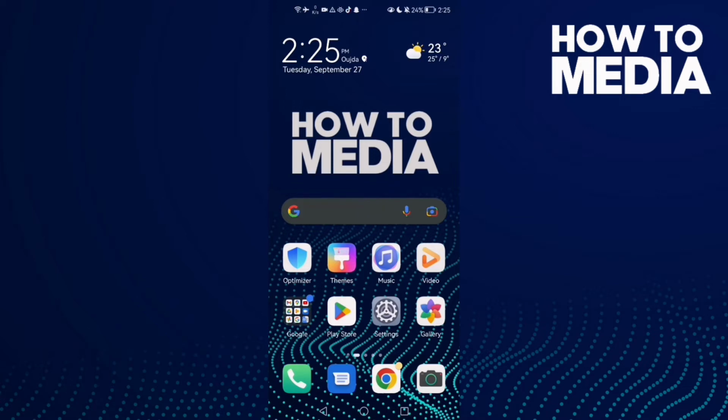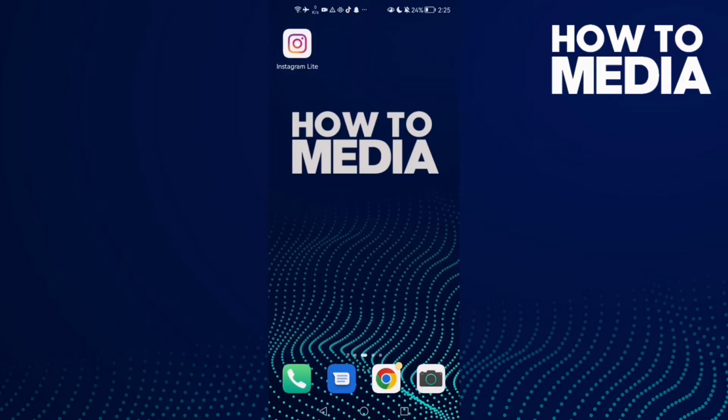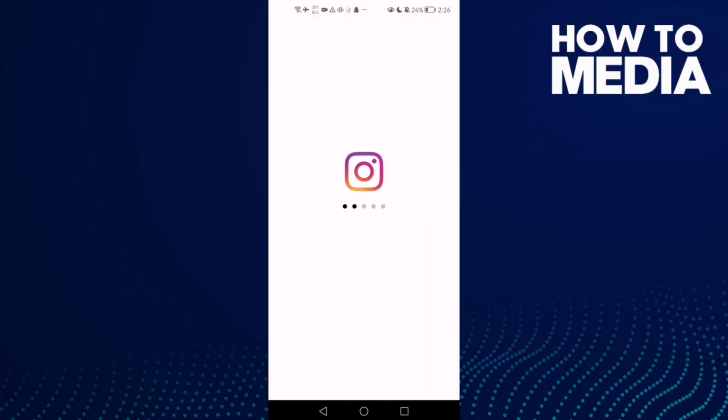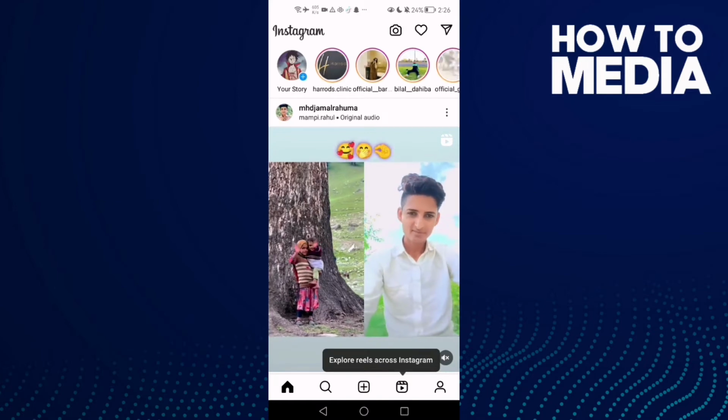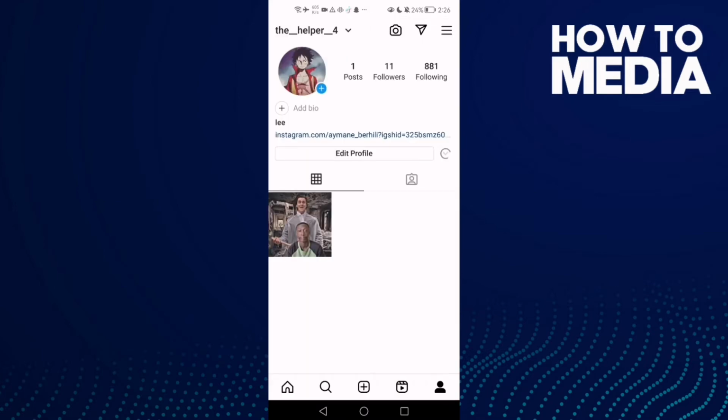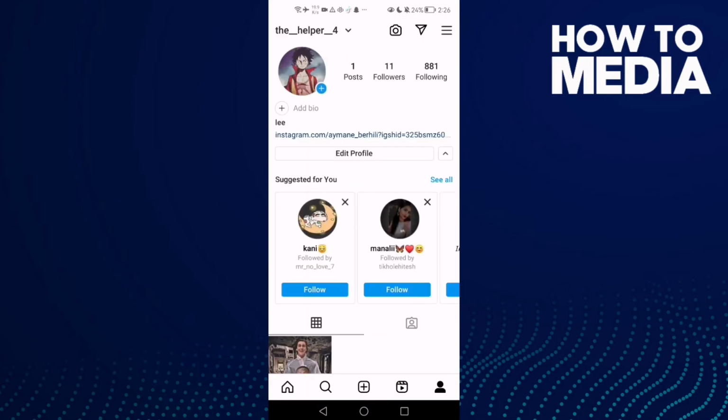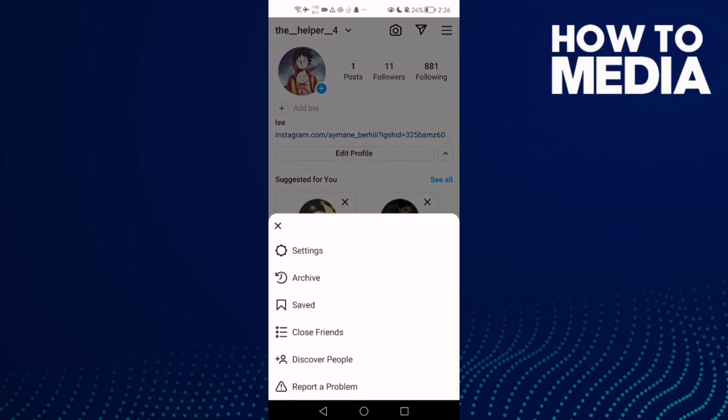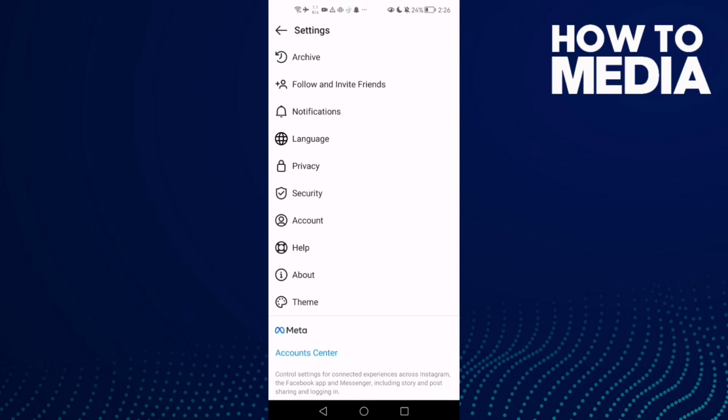First, open Instagram Lite and then click on your profile here, and now click the three lines in the top corner and then click settings, and here you will find the account. Click on it